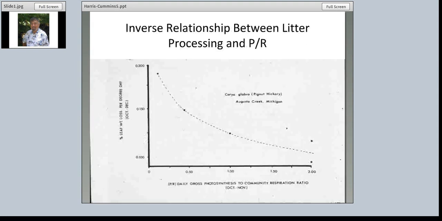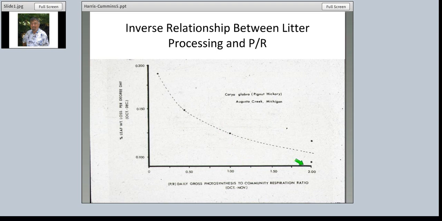Okay, so here's a slide that's not very easy to read, but I think the concept is simple. This is data from a watershed in Michigan, and I'm using this because we don't have similar data from streams in Northern California, probably the Northwest in general. On the y-axis, you go from slow to fast, low to high processing of the litter once it's in the stream. And on the x-axis, we have the PR, where PR of 1 right here is the